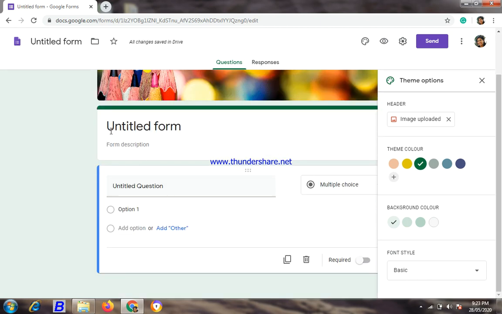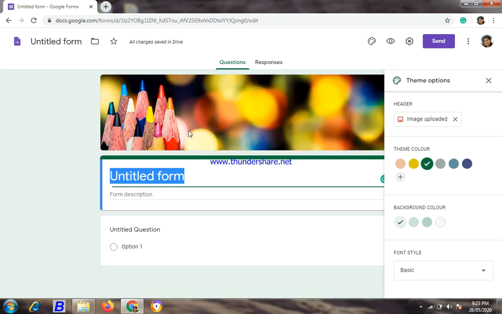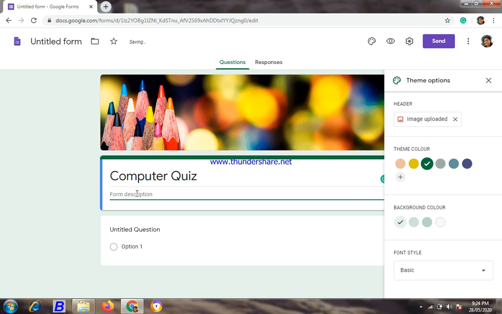Now here, the untitled form I have to write. Suppose I want to generate a computer quiz for the students, so I write here computer quiz. In the form description, I write a title name, networking.